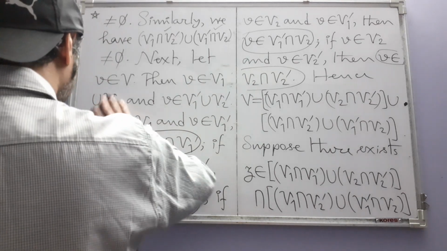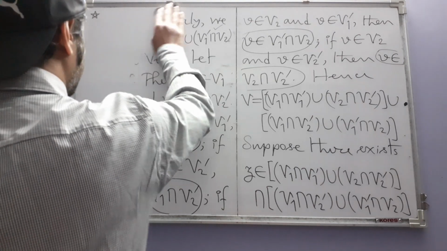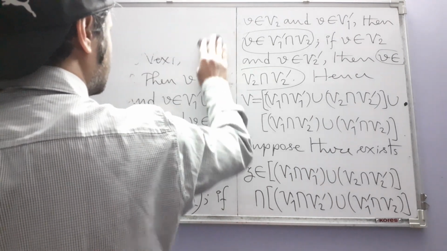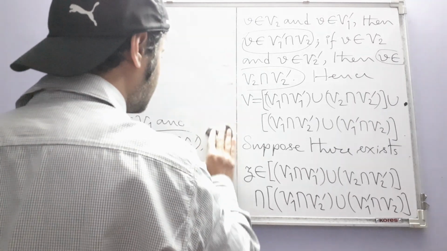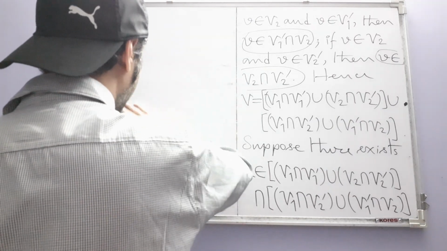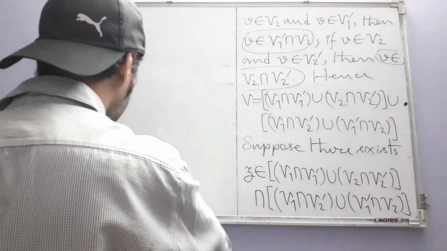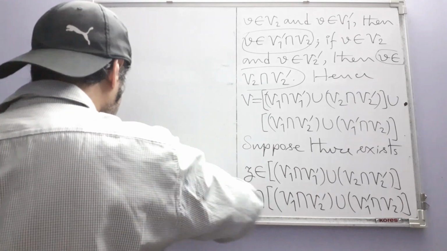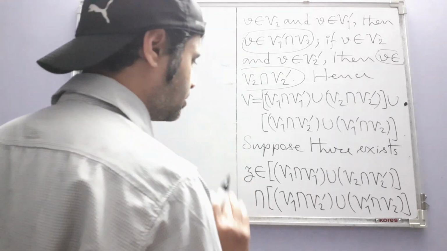I don't know because I haven't seen it that way, but you can try. I haven't tried that way because there are so many unions and intersections involved now, so I thought it would be better to consider elements. Okay,